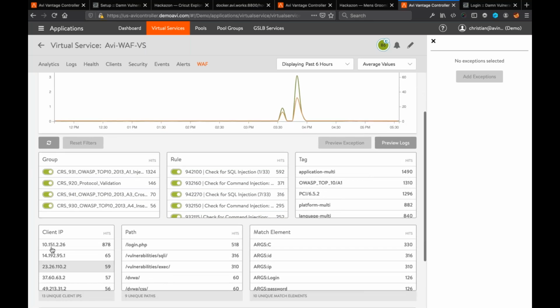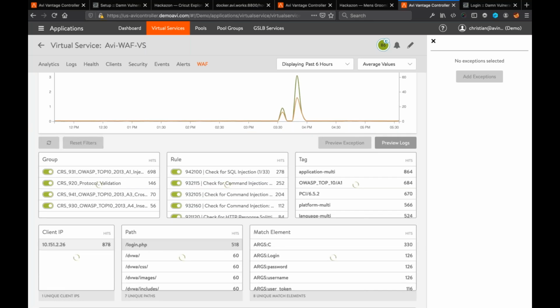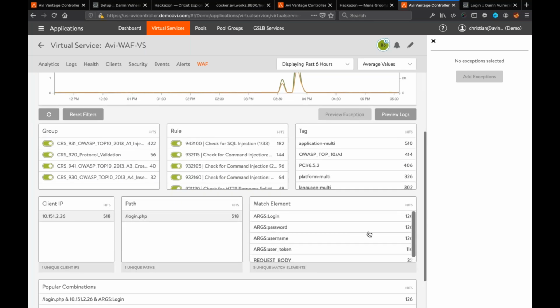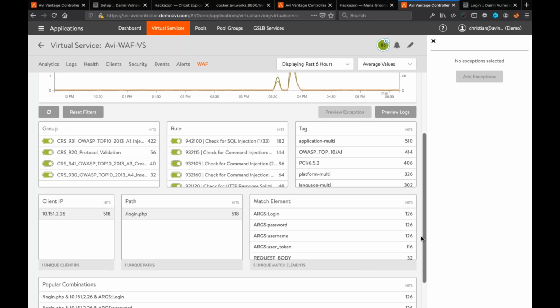The idea is to see that very quickly and to drill down into what actually happened, because now I can drill down: okay, this client IP actually did a lot of attacks here. And where did it do the attacks? It tried the login PHP. And we can see that this was obviously a scanner, because it tried every little argument on that site and tried to break in. The WAF analytics page allows us to very quickly drill down if I have issues or attacks. And now I can, for example, take that IP address and block it, or do rate limiting on it. All of that very quickly.